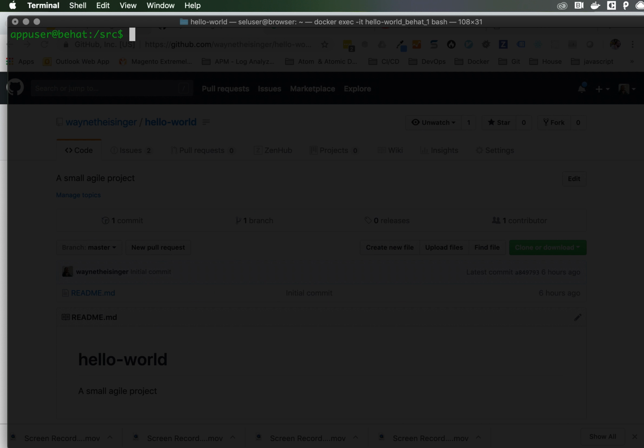okie dokie. So you can see we're in as the app user, so we're not in as root, which Docker sometimes does in some images. It sends you in as root, quite often in fact. But Composer doesn't like to be root, so in this image we come in as app user, and we've got our docker compose, composer.json, and we want to install it. So we're going to do composer install,